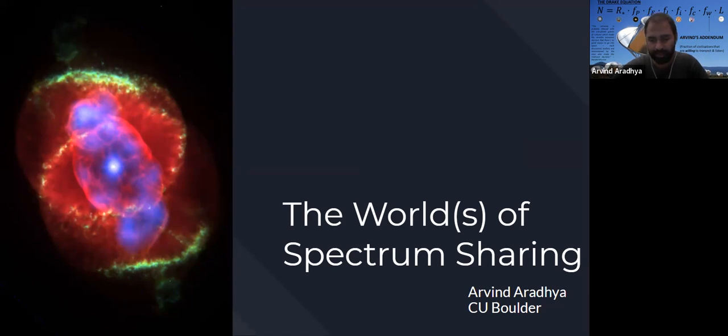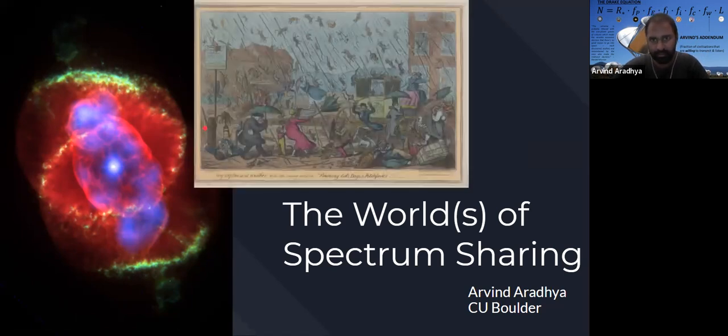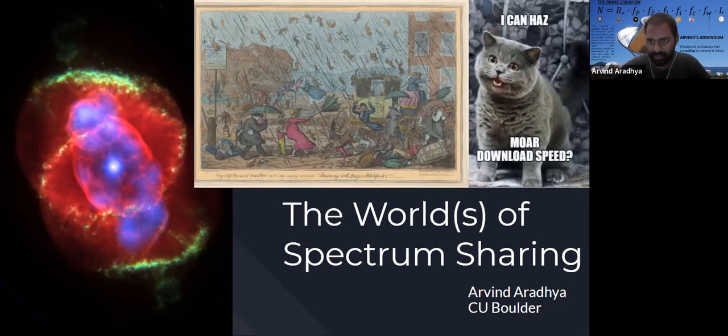So what's the connection between the cat's eye nebula and raining cats and dogs? This is just an image I took. Apparently, if you Google raining cats and dogs, this is the first image you get. It's a Library of Congress thing saying unpleasant weather. So that's just a metaphor, sorry. And then the last one is cat memes, right? I don't know if you could causally say that this is what led to social media or the other way around, but yeah. And this particular meme that I made is talking about download speeds.